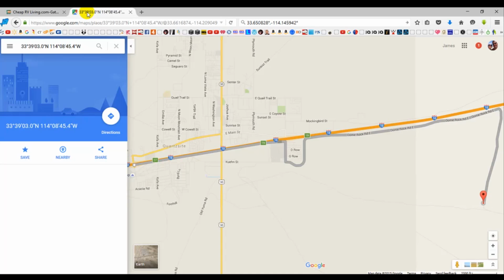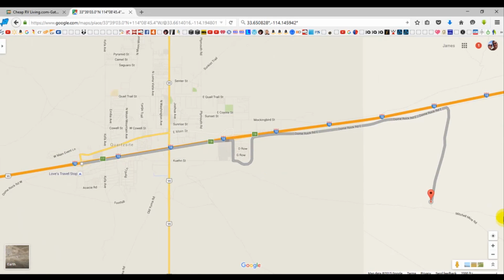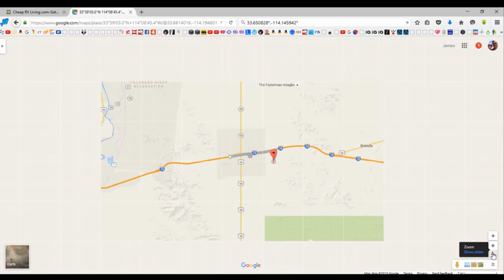So next, let's go over to the tab where we made a map showing you, if you started from exit 17 in Quartzsite, exactly how to get here. Now, what you're looking at is Quartzsite, Arizona, and just to make it a little bit bigger to give you some perspective,